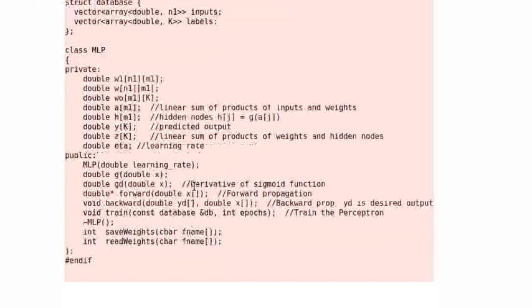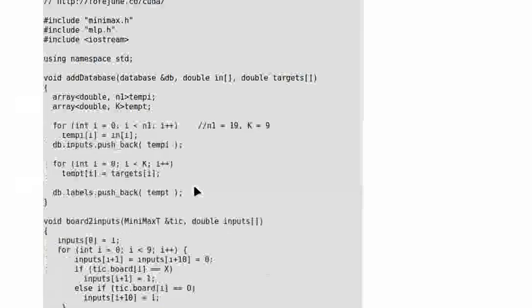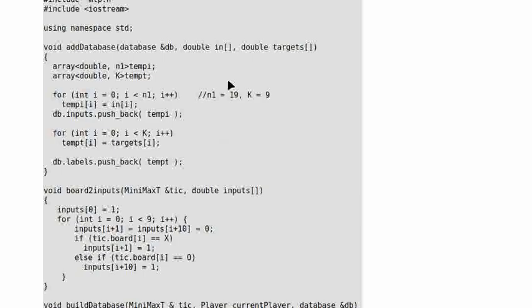And the labels correspond to the targets here. So we create an array of n1 tuples, we call it temp_i, and an array of k tuples, temp_t. So we copy these input values to temp_i, and